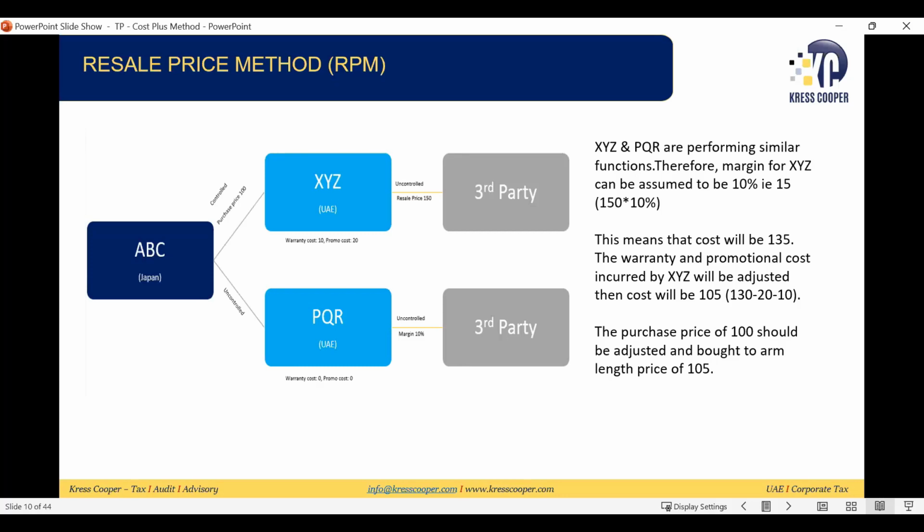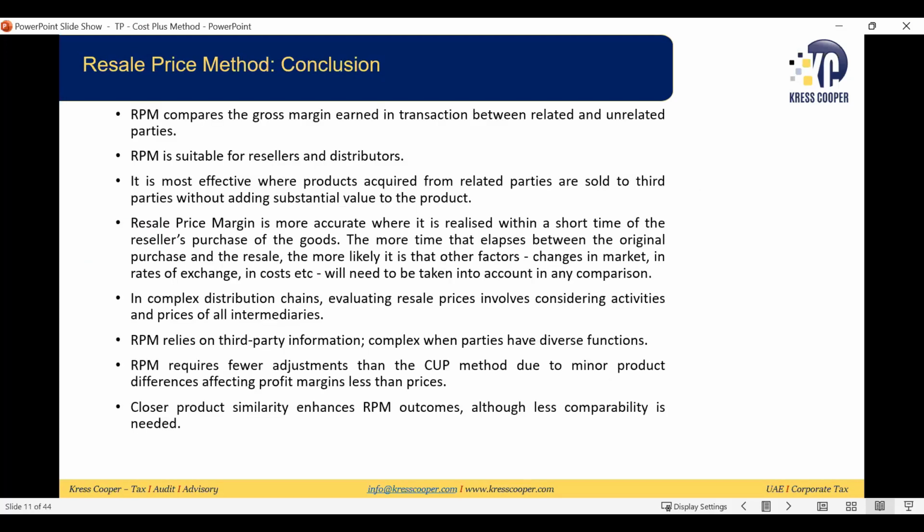So this is how the resale price method works. It's a backward calculation, and the most difficult part would be to judge what this margin is, and then to make all the adjustments. Just as a conclusion, this RPM, like we just said, compares the gross margin earned in the transaction between the related party and the unrelated party. It is mostly suitable for resellers and distributors, especially where the resellers are not making any changes to the products. If they are doing substantial changes to the product or utilizing it in new products, then it gets more